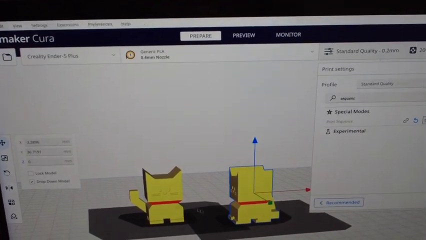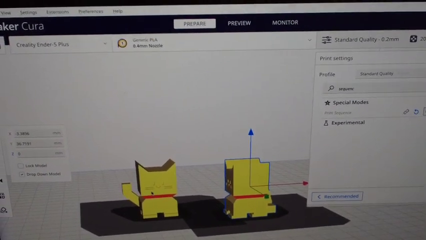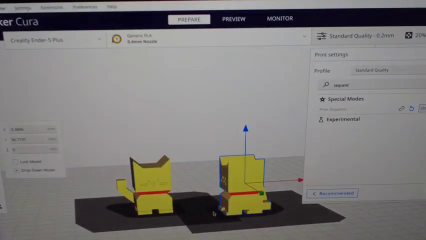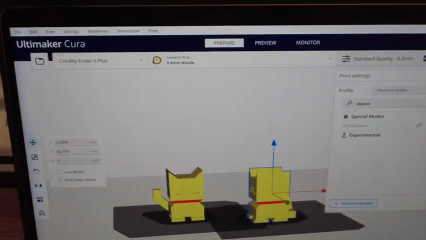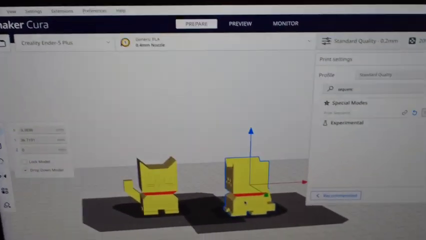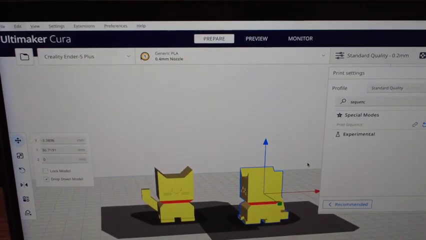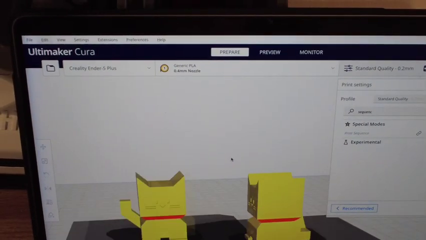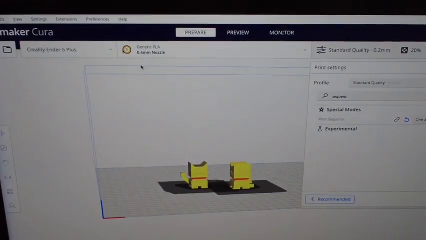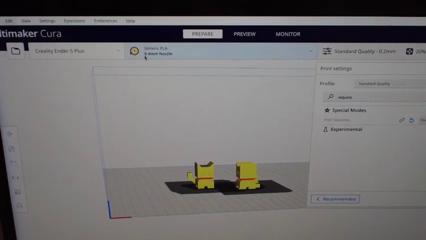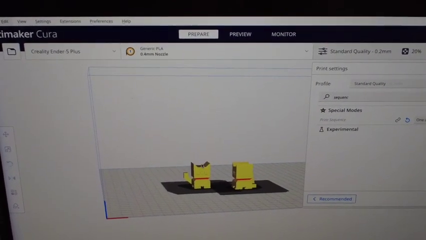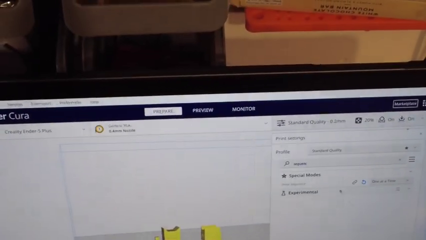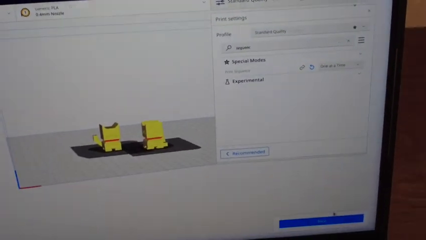The reason it's got this little thing around it is that you generally want to move them further away from each other. You definitely don't want these darker bits of grey overlapping, but these are actually fine. The other thing is if you have prints of different heights, you may get a problem where, if you look at this little box here, sometimes it artifactually moves the height of the box down, and it will give you an error reading. Let's see if it does it. If I press slice, which is this bottom down